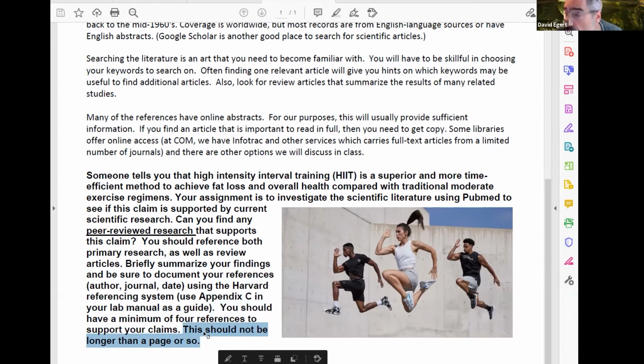And once you do this, I can give you feedback, and I find that this helps people get a sense of how this works. And if they need feedback, I can give them feedback here before they have problems with their main assignment later. So this shouldn't be more than a page. I can kind of show you, in fact, here,